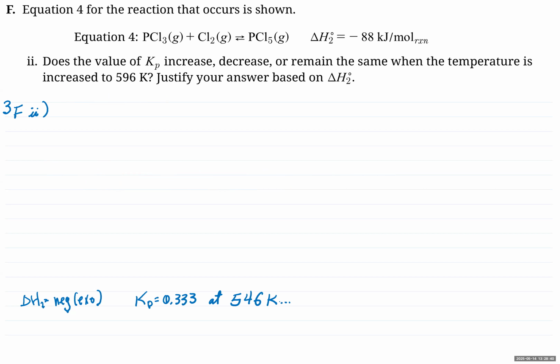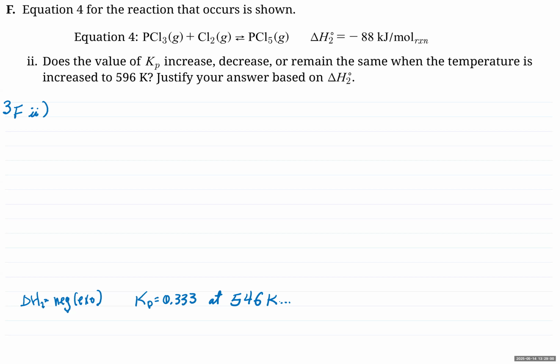So what does that mean? That means this reaction is exothermic. Heat is on the product side. So therefore, what happens if the temperature goes up? That means there's excess heat, which means that we have more products, and therefore the equilibrium will shift towards the